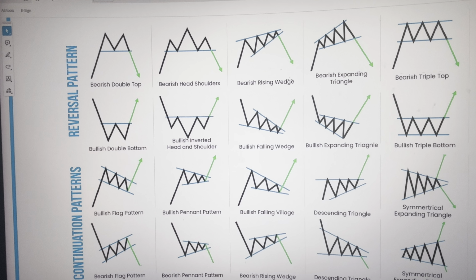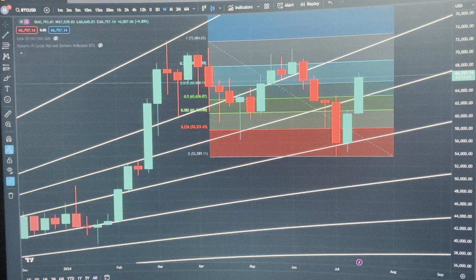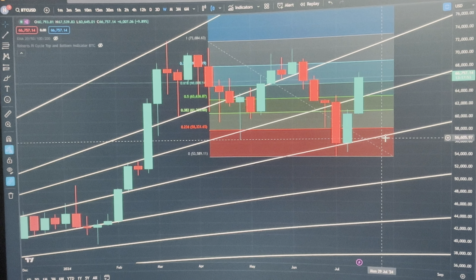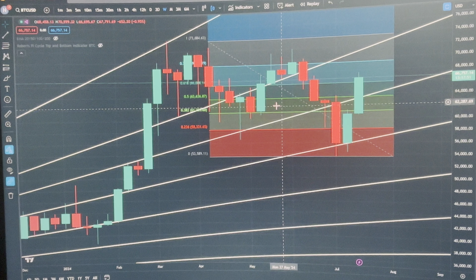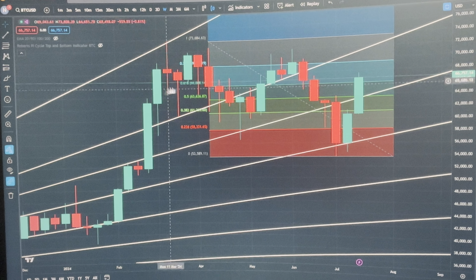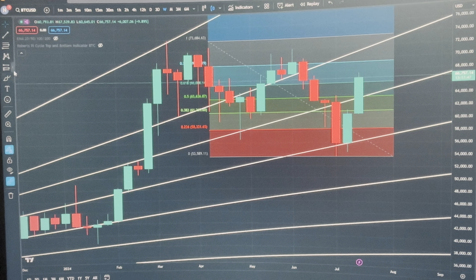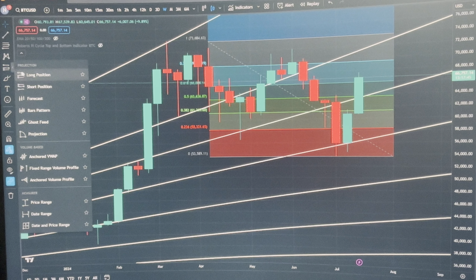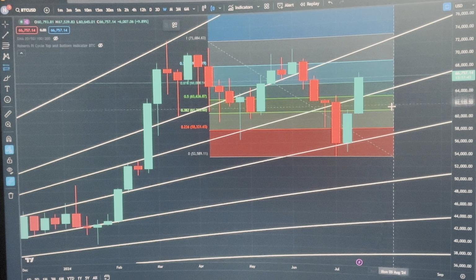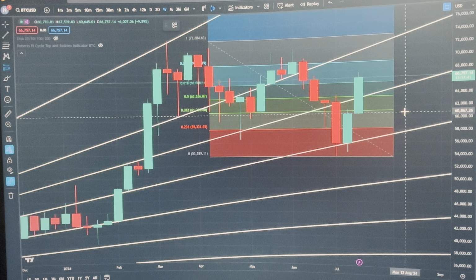Head and shoulders, your double bottoms, your inverse ones, your pennants, your flags, your wedges. I just think Bitcoin works best with this, unless we're in a sideways market, then that's very, very hard, which recently around here we've been very much sideways. You can also have your